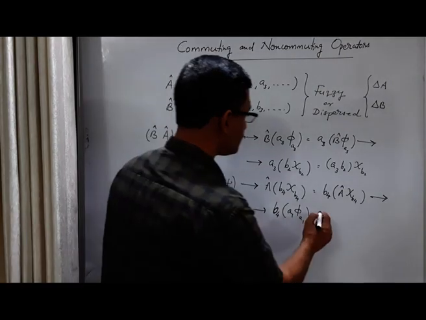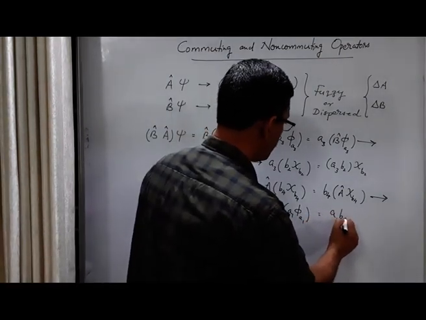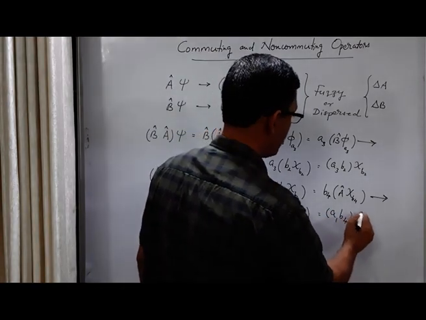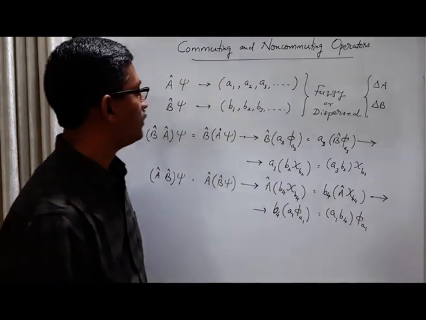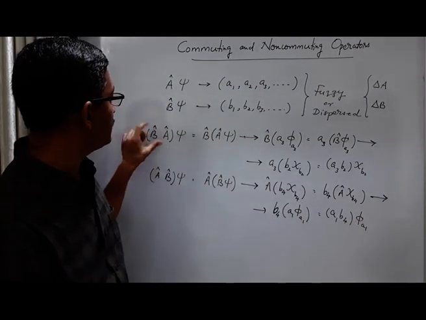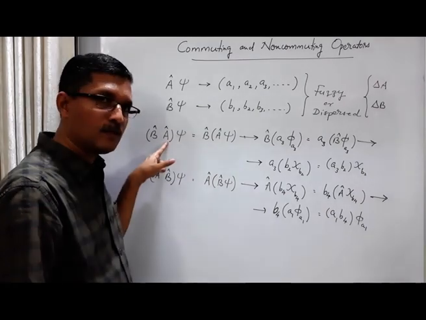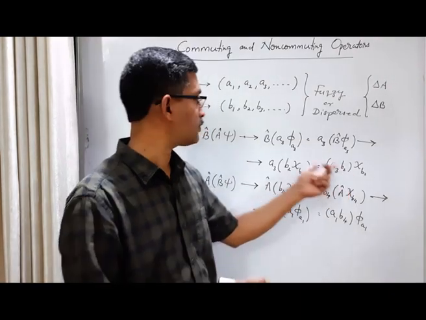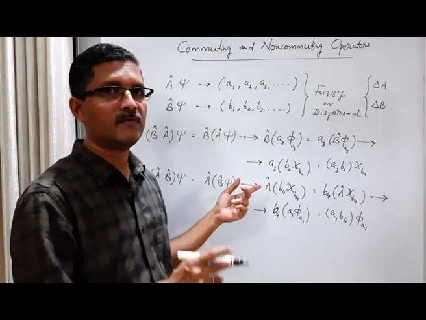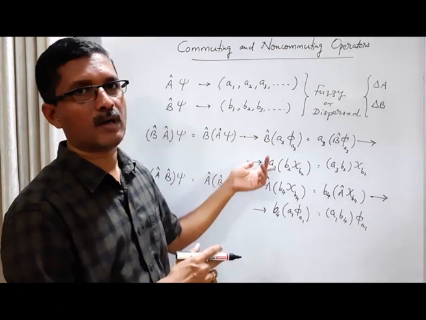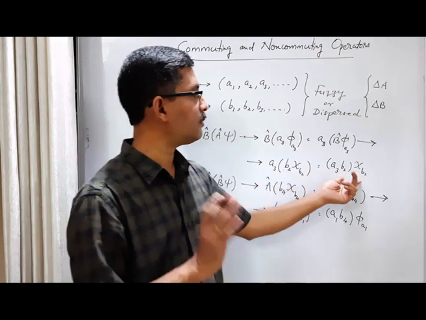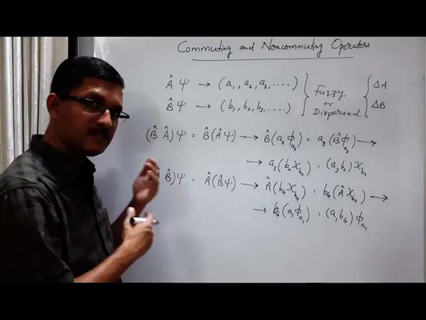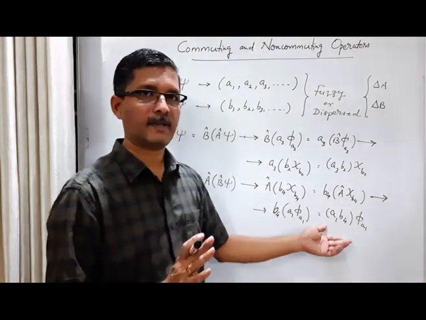So what is the final result? A1 B4, we can write B4 A1 or A1 B4 because they are scalars, and phi A1. In the first case, BA psi, that means when A is measured first and then B, we get this state. This was one possibility, just one possibility, because we considered only one possibility of a collapse at each of the two steps. And when B first acted on psi and then A, when we changed the order, this is one possibility.